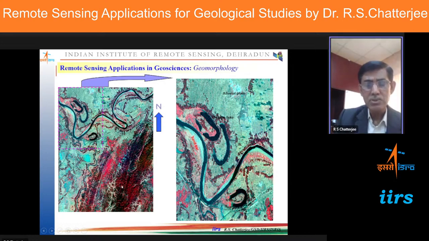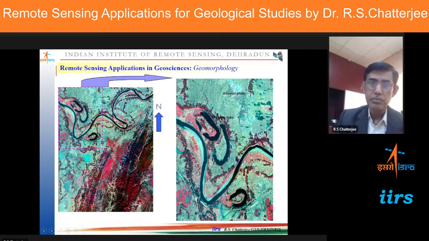Now on the right side you see the structural hills. This is not fluvial processes, but tectonic processes as well as physical processes are operating. You can see this trend alignment, the parallel trend of these hills and valleys here. And this is the extended view of this part that I have already explained to you, alluvial plain and the